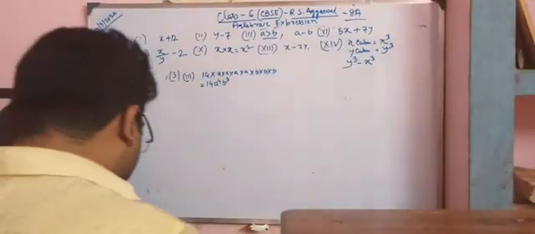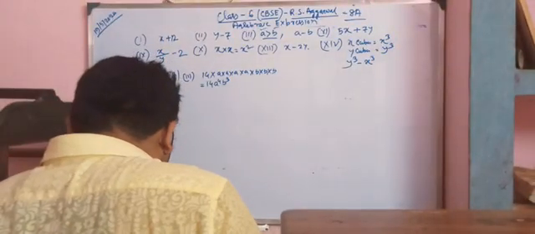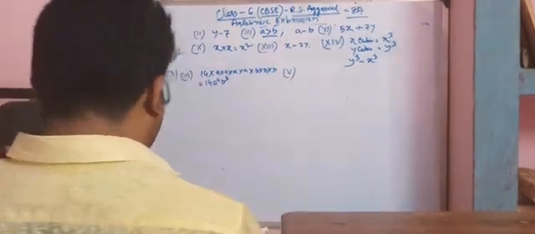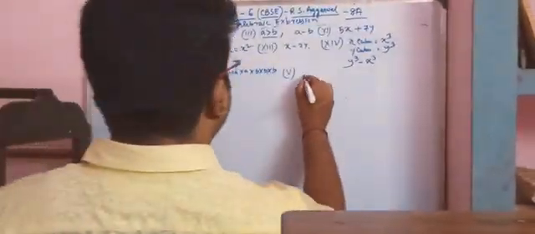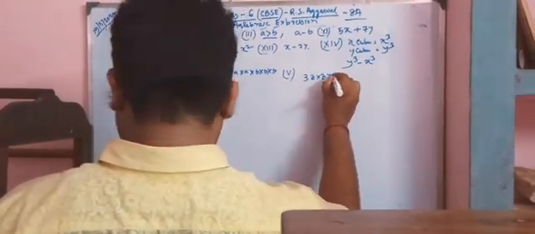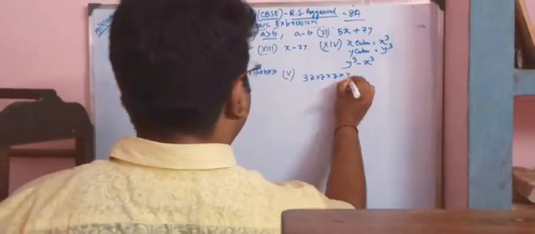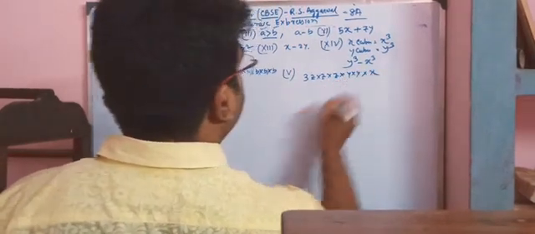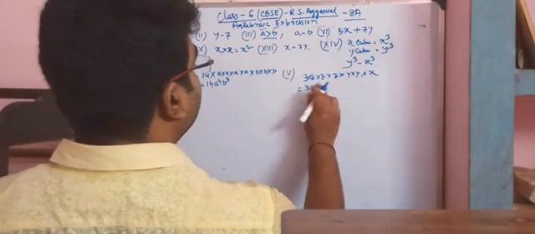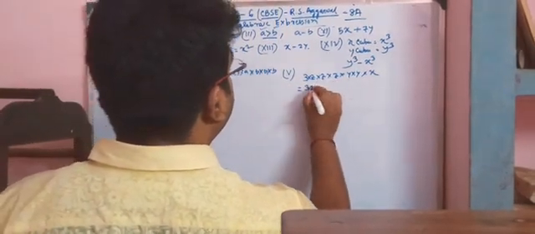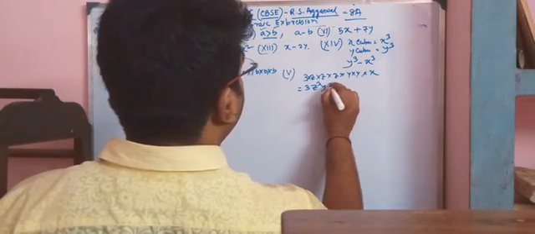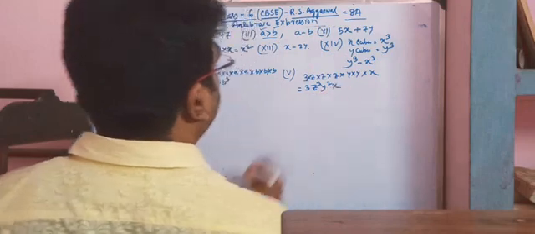So that will be my answer. Next come to question number 5. 3 z into z into z into y into y into x. We have to represent it. Now here 3 remains same. Next z, three z's come, means z to the power 3. Here y into y means y to the power 2. Here x is 1 x.